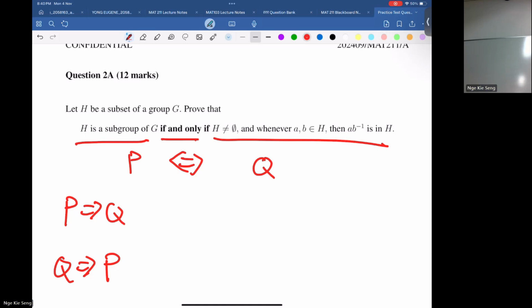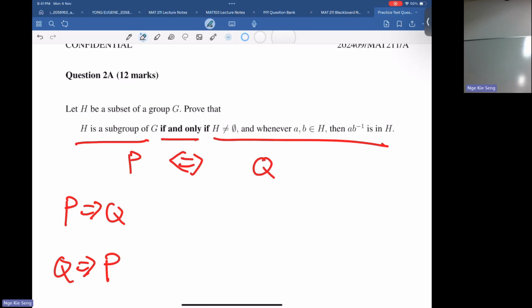So, right, A inverse is the identity, and then what else do I need to show? Inverses. How to show? If A is in there, why is A inverse in there? You can write A inverse as identity times A inverse. Okay. So I already know that A is in there, and I proved that the identity is in there. So I just use A equals identity, B equals A. So E times A inverse is A. Okay.